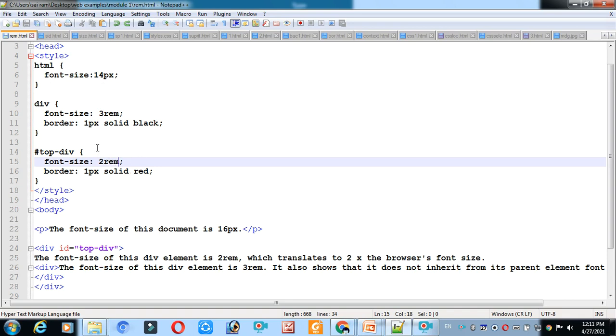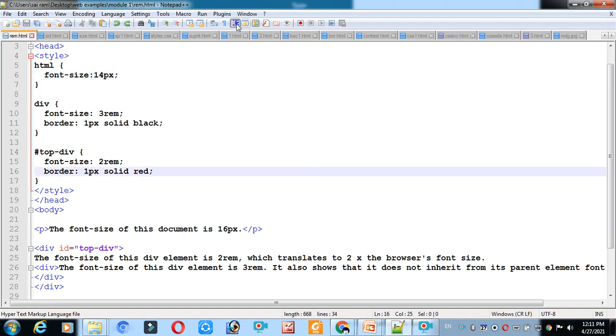Em represents its nearest parent. Rem represents the root value changing. So HTML is 14, the division is 3rem, which is 3 into 14 pixels for the font size. The hash top division represents this paragraph, where you apply 2rem, which is 14 into 2, as the font size.